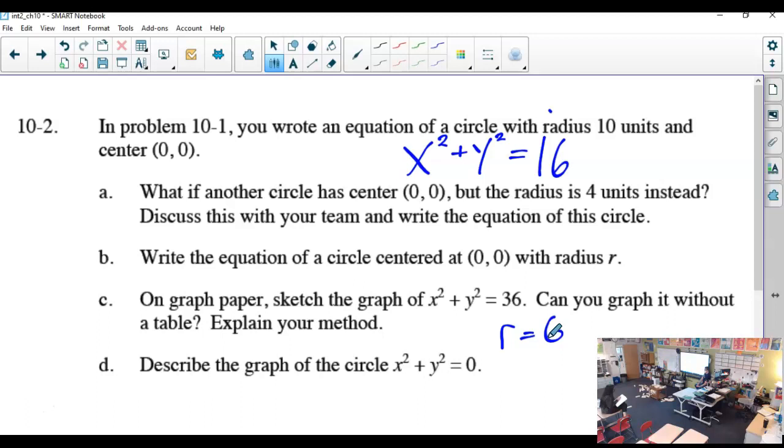What do you know about the circle in D? Is it just a point? Right, it's just a point. Yeah, I think it was right on the tip of your tongue. It's a point, right? This is literally the graph of how you make the point at the origin,